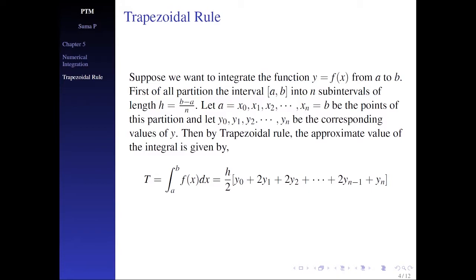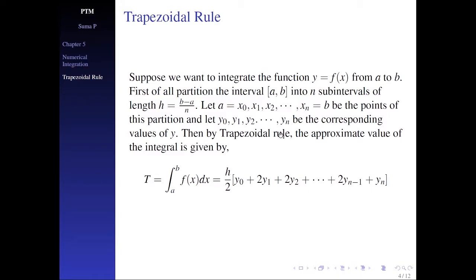As in the previous cases, h is a small value, x0 plus h is x1, x1 plus h is x2, like that up to b. Suppose xn equal to b. So we partition the interval ab into n parts, and the points are x0, x1, x2, etc., xn. Correspondingly, the values of y are taken as y0, y1, y2, etc.,